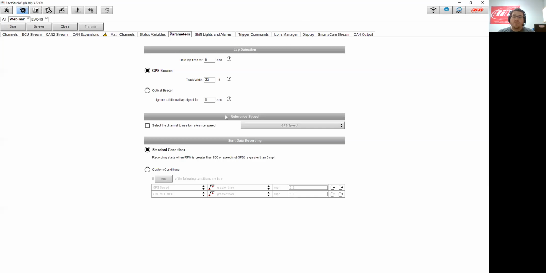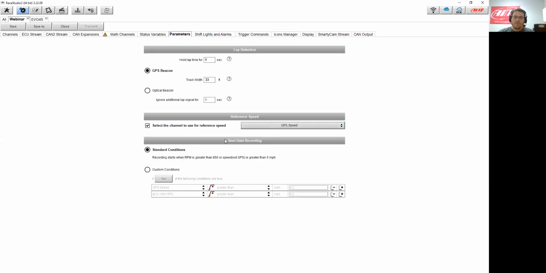Next, you have reference speed, which is newer to software releases and firmware. This is going to relate to your odometer reference. So here you can go to, I have GPS speed. I could use my ECU speed, or since my ECU is giving me individual wheels, I could use those as well. Something to keep in mind as you're using your odometer, which measure would you like to be the official